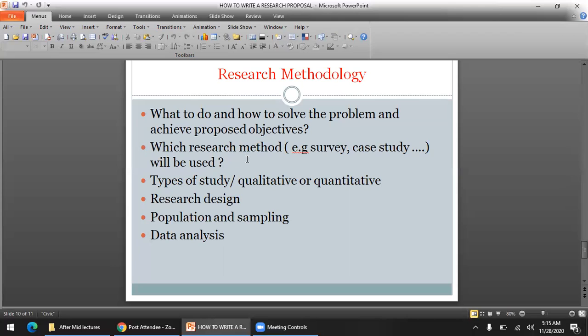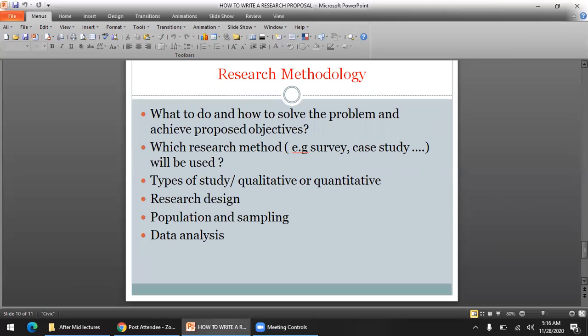So there are different methods we use for writing our research. Types of study, qualitative or quantitative, research design, population and sampling, data analysis. Okay, these are the four top research methodology elements. I will explain one by one in detail in the next lecture. What is research design, what is population and sampling, data analysis methodology. These things need a lot of explanation, but these are the basic information about the research proposal, which is part